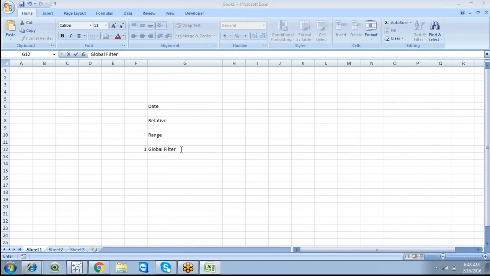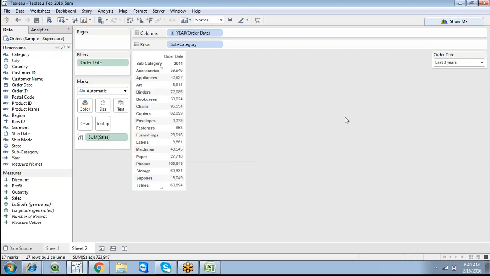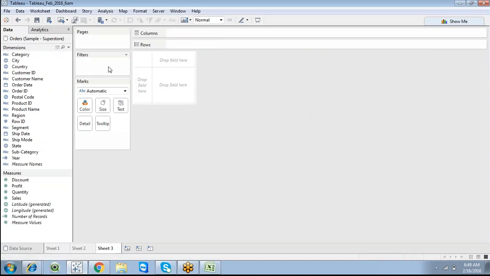The next concept is the global filter. So what is meant by a global filter? We already discussed the quick filter, the data source filter, and filters on dimensions, measures, and dates. But a global filter is simple: you can filter out some part of data by applying a particular filter in one sheet, and then assign this filter across different sheets. So you can target from one particular sheet to other sheets as well. That is simply a global filter.